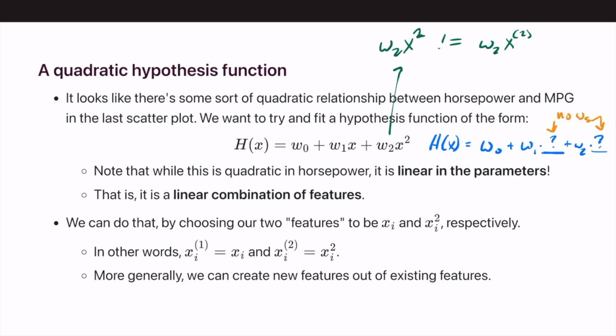Remember that. In the case where we're trying to think about horsepower, it might make sense to have a feature in our data sets, which of course is horsepower. So we could say that x_i1, which is equal to x sub i, is horsepower. And we could also say that x_i2, a new feature that we're creating, is equal to x sub i